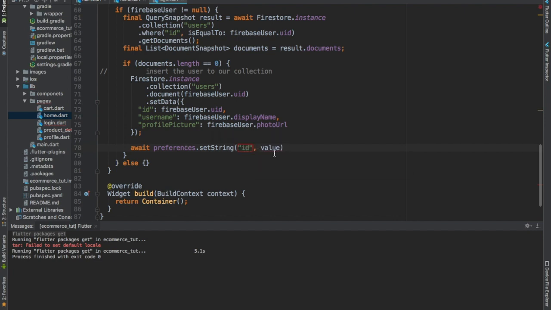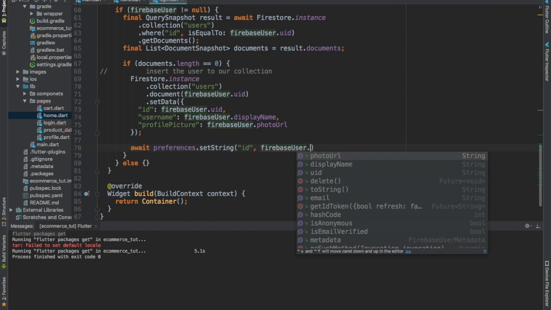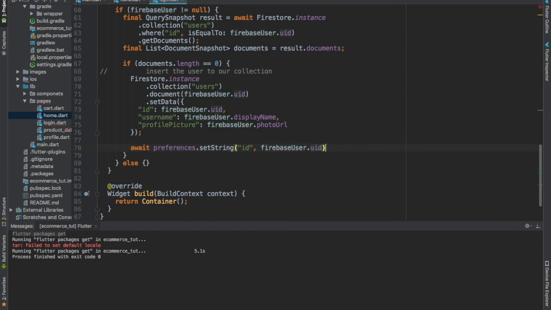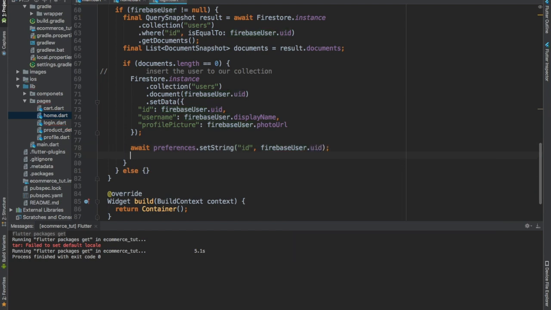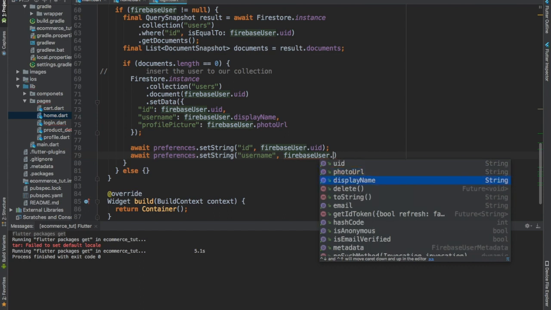ID is going to be equal to firebaseUser.uid, and then we're going to create another await, again preferences.setString. Username is going to be equal to what? firebaseUser.displayName,